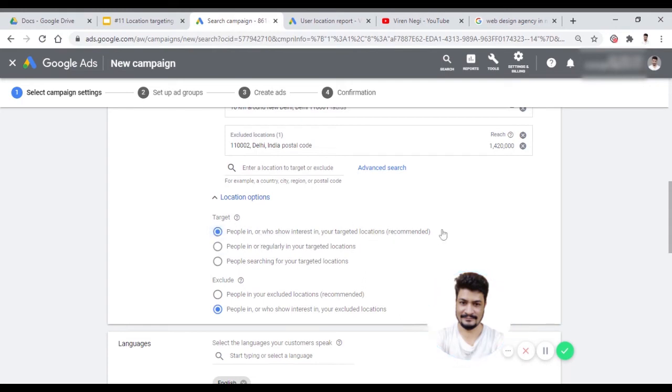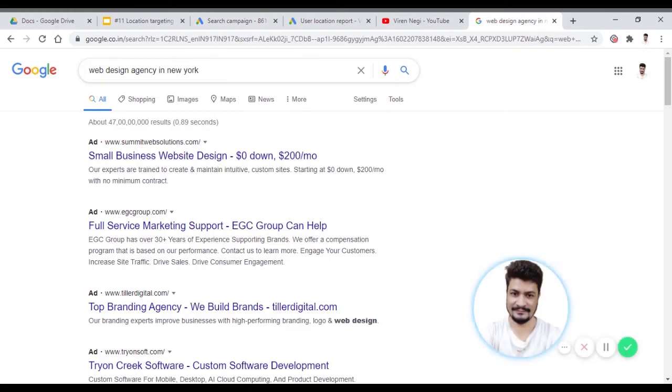If you just leave it as it is, and let's say I search the keyword website designing in New York, the results here are agencies from New York basically, and I can see their ads here. There's a high chance I am not going to take service from any guy sitting in New York, because it's very costly for me. They might be good if they are running ads in USA or Canada, or maybe in UK or Australia. But a guy sitting in Asia or some part of Africa can click their ads and won't buy from them, because website designing from another country is very costly for them.